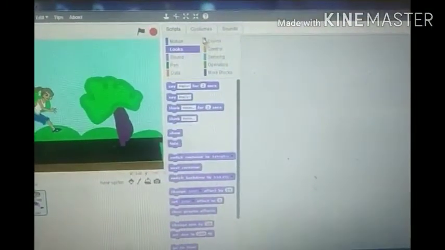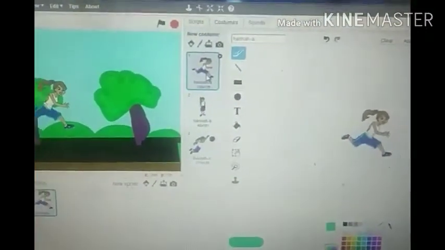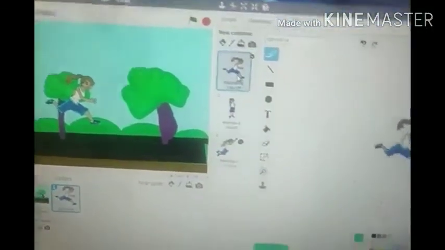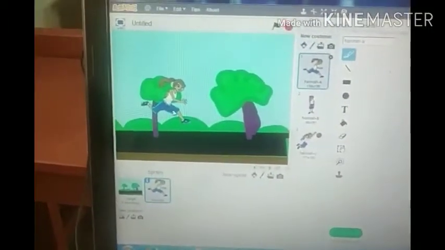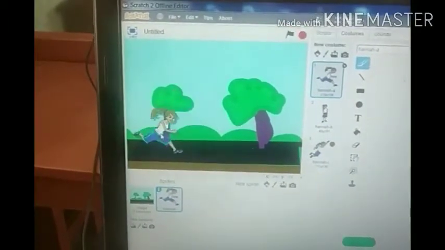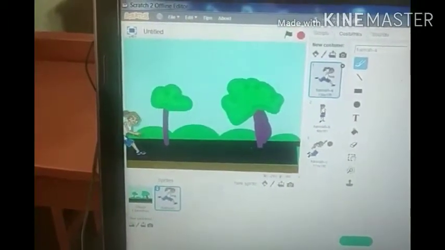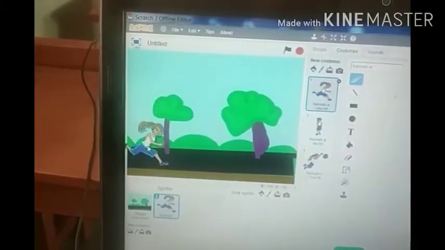Hannah is implemented with costumes 1, 2, 3. Hannah has 3 costumes. Now first of all we go to the backdrops. Hannah is moved to the starting point, looking like she is jumping onto the road or moving over the road.